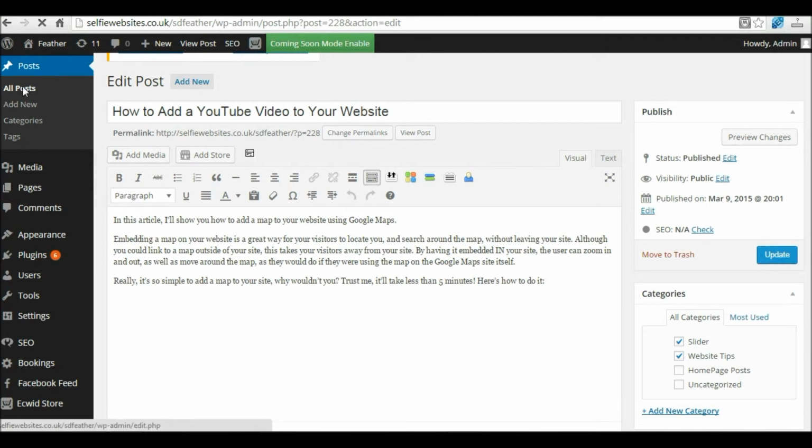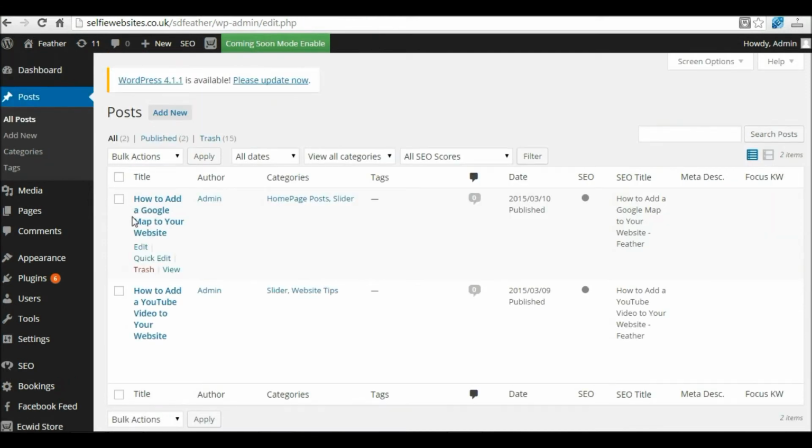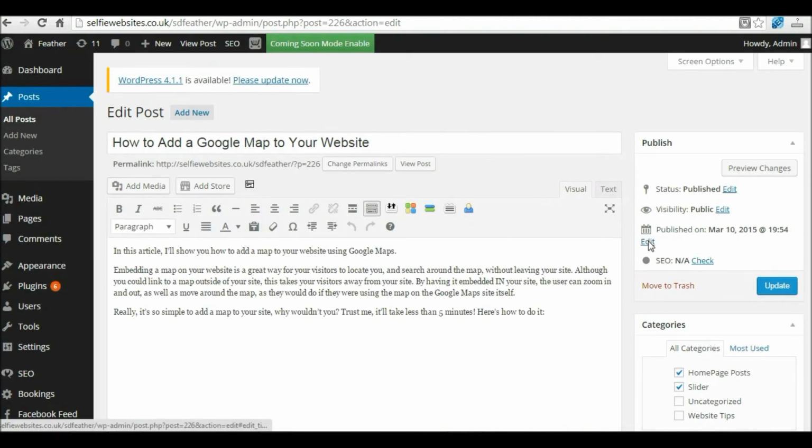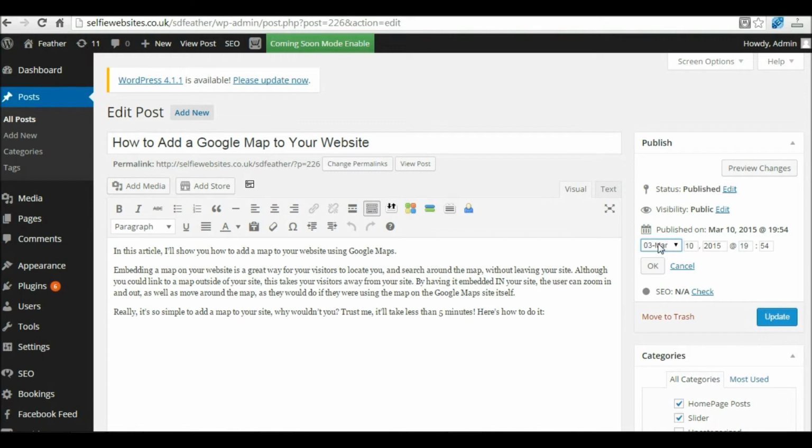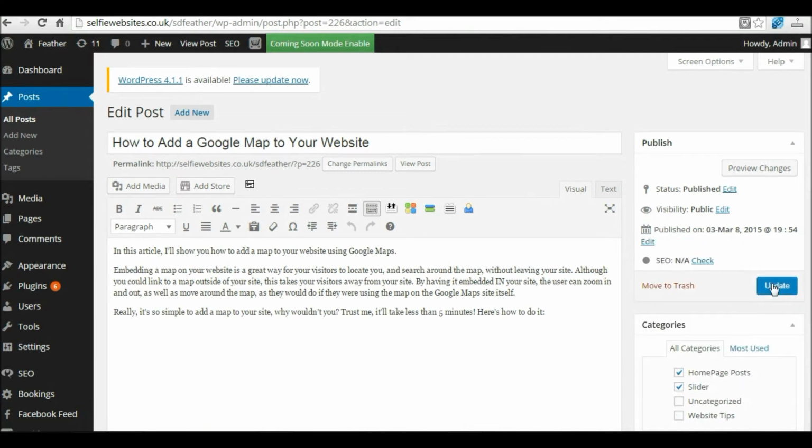So let's go back to that post. Let's click to edit it. And let's change the date by clicking edit. So it's saying the 3rd month, which is March, and here's the date, 10. So let's change that to the 8th of March and click OK. And if we now update